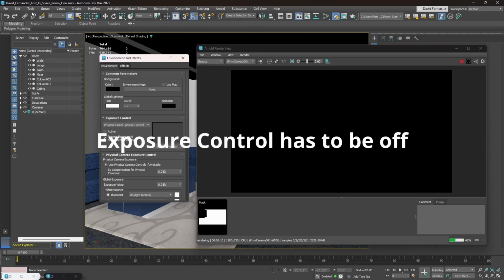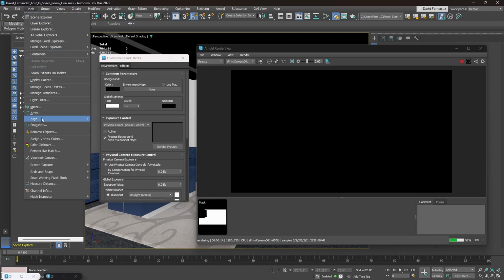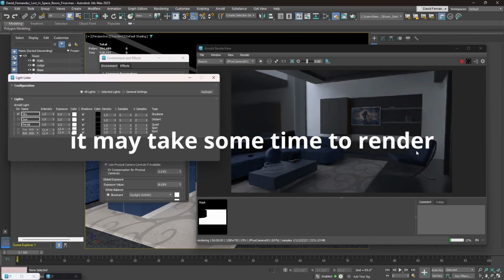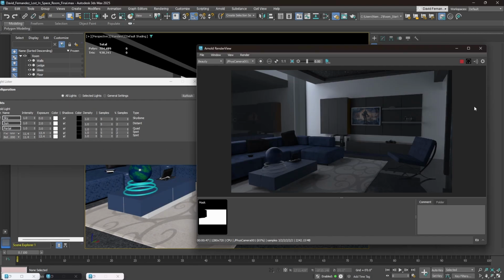So we're going to go to tools, light lister, turn on the sky. Okay, now we're back. Once you have your sky all rendered out, you're going to make a snapshot, name it sky,